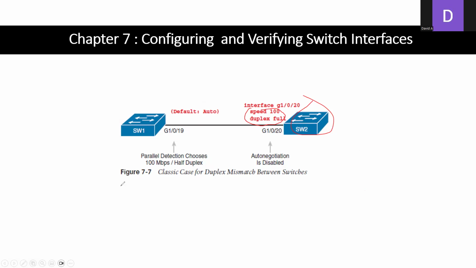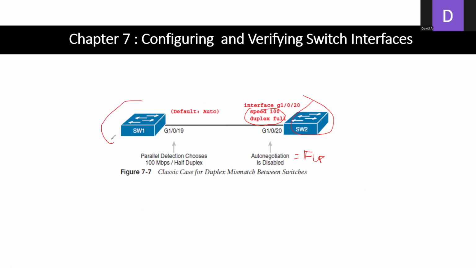Switch two disables auto negotiation. What does that do? When you disable auto negotiation, you also disable FLP (fast link pulse) messages from being sent. Remember that. So now that fast link pulse messages are not being sent from switch two,